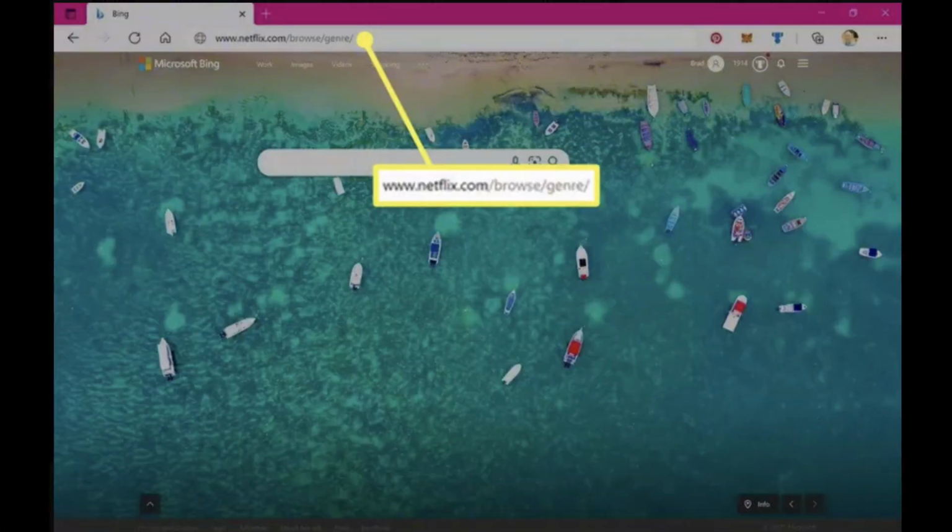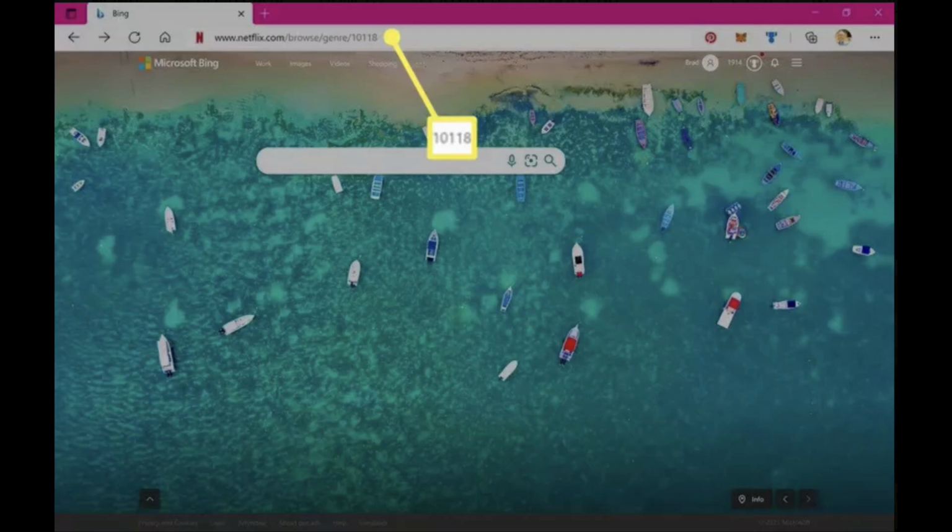So let's get started. Open your preferred web browser app on your device, then enter www.netflix.com/browse/genre/ into the address bar. After that, all you have to do is simply type or paste the Netflix code you want to use after the address. It would look something like